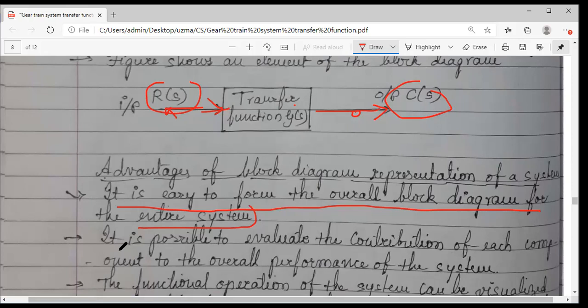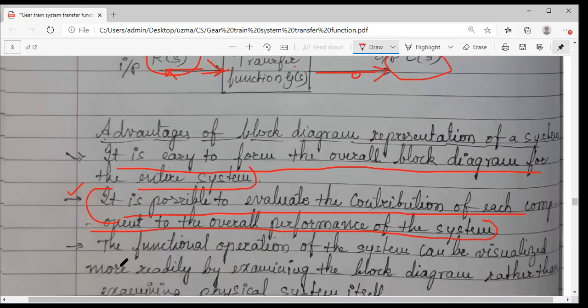It is possible to evaluate the contribution of each component to the overall performance of the system. इसका meaning आपको, when I take the next concept, you will understand this. Then I will recall this statement about evaluating the contribution of each component. The functional